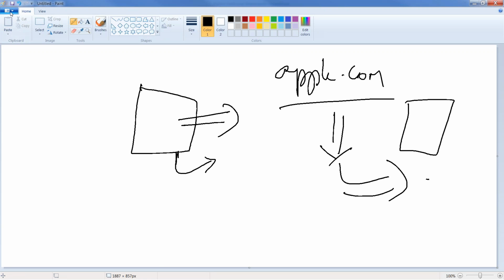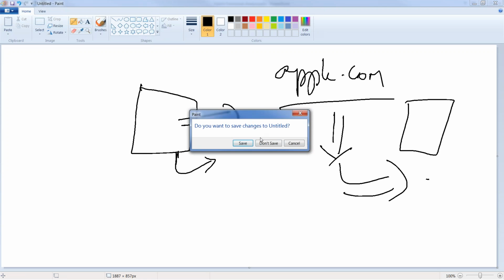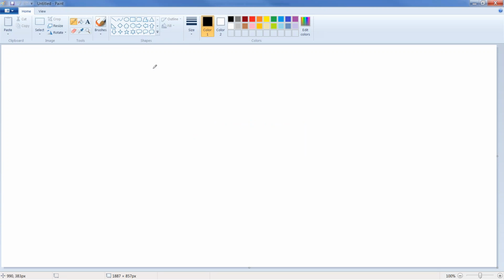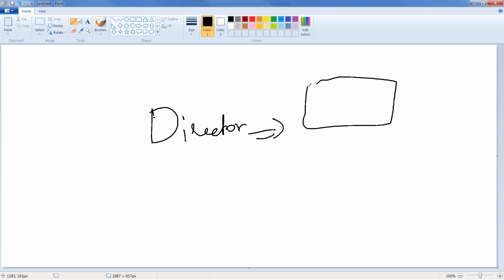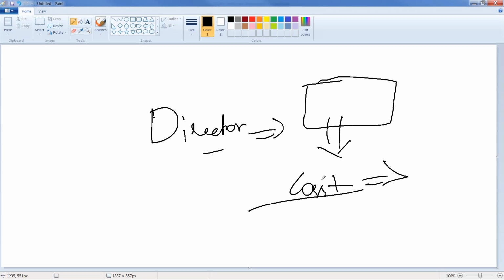So the functional analyst is like a film director, okay? I'll tell you why. See, when a director has a vision, the implementation is done by all the cast, correct? The casting does the implementation. If he wants one scene, he will explain that scene and the cast will do all that. But the director should have the vision. He should have all that vision even before anything happens. That is the role of